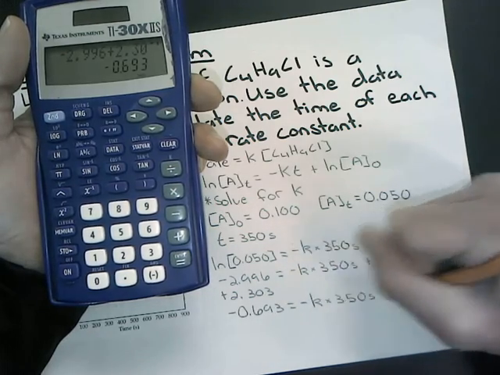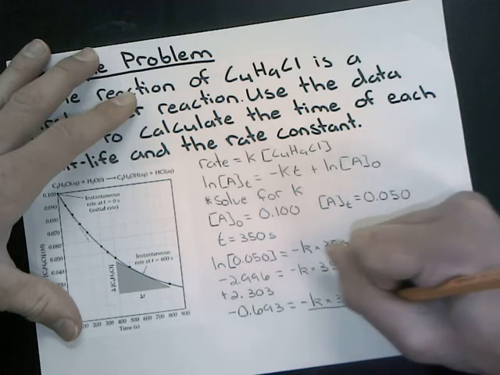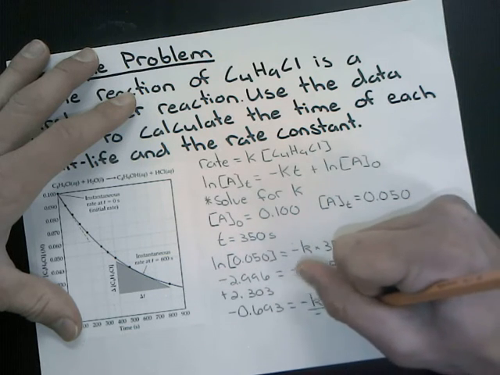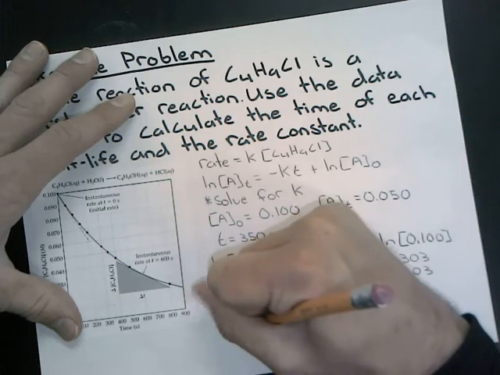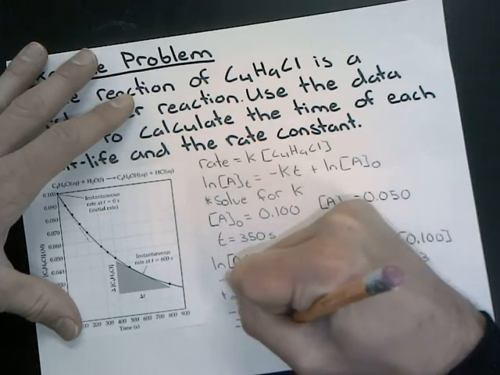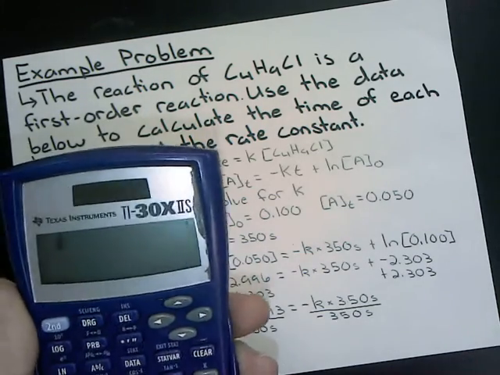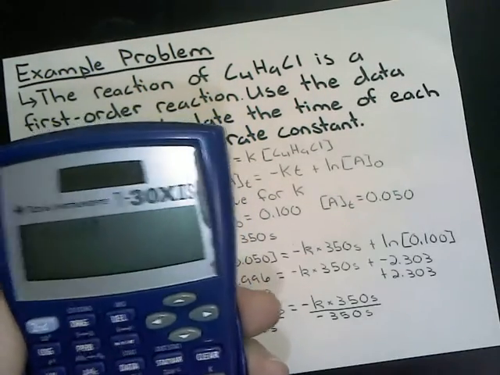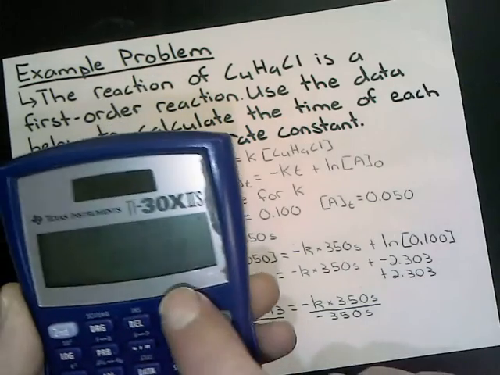is going to equal negative K times 350 seconds. So the way we're going to get K by itself is we're going to divide everything by negative 350 seconds. So we're going to take negative 0.693 divided by negative 350. And we get a value of